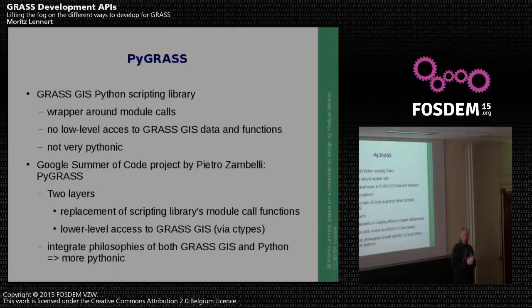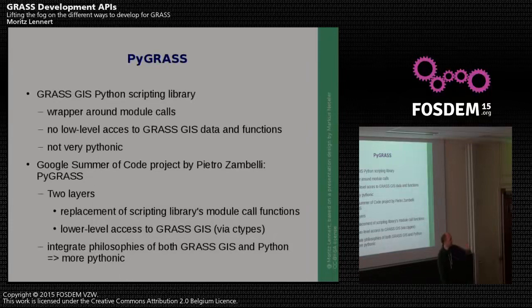Now, the Python scripting library that I just presented is very easy to use for very basic scripting, but it does have some, let's say, disadvantages. It does not give you low-level access to Grass GIS functions or data. You only get access to the Grass modules as such. And in a certain way, it's not a very Pythonic way of programming. It's a very simple scripting approach, and it does not really encourage the user to work within Python's paradigms. So as part of a Google Summer of Code project, a new library was developed called PyGrass,